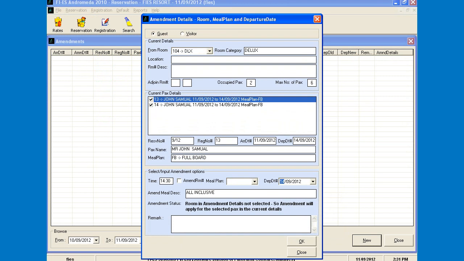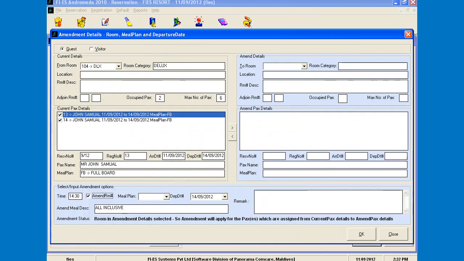And if the guest is requesting for a change in room number, or an upgradation, or change in room category, such kind of request can be handled by checking this checkbox. On checking this checkbox, another pane will be listed, which will be showing you the amend details, like to which room it should be changed.